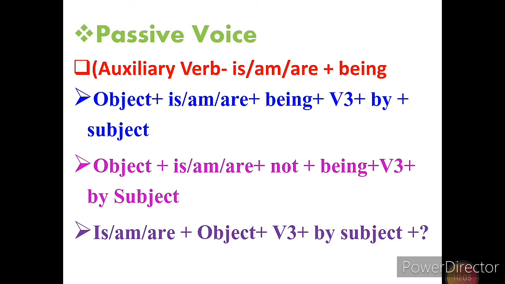In interrogative: is, am, or object, past participle plus by object. Okay, so when we change from active voice present continuous to passive voice continuous, what was the change here? We have seen that auxiliary is, am, or are is followed by being and past participle. Okay,